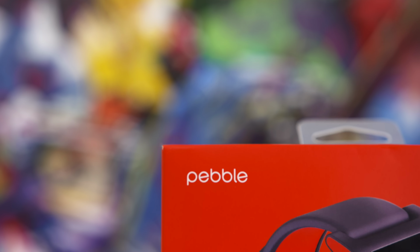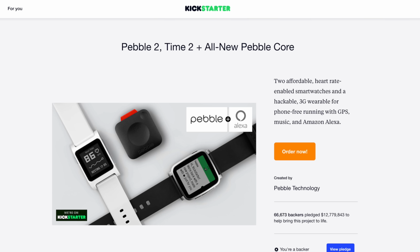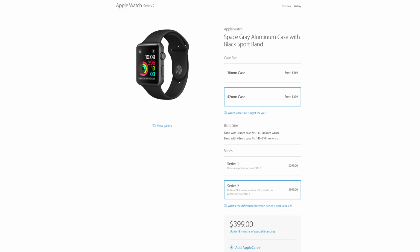For those of you who aren't familiar with Pebble, they have had 3 wildly successful Kickstarter campaigns and have crowdfunded tens of millions of dollars to produce their own line of affordable smartwatches. Their most recent campaign raised just under $12.8 million by 67,000 backers, and the Pebble 2 has officially hit the market at an affordable price point of just $129, which is hundreds less than notable competitors like the Apple Watch